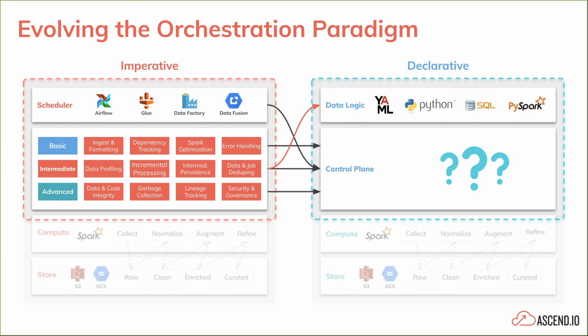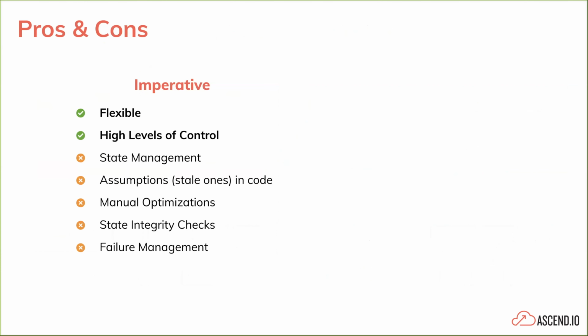So hopefully now at this point, we're all feeling quite comfortable as to what an imperative type of system is versus declarative and how that looks in data pipelines in particular. But with all things in software, there's always trade-offs in different models. So let's briefly work through some of the pros and cons of an imperative model versus a declarative model.